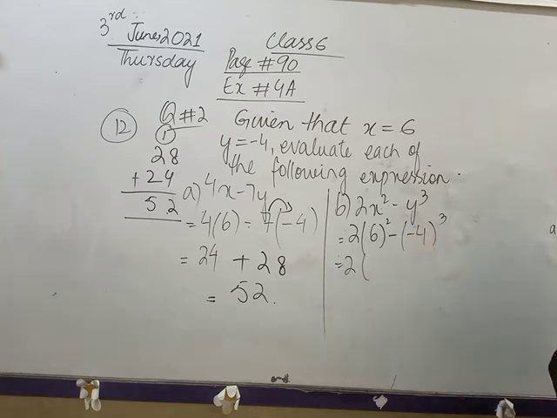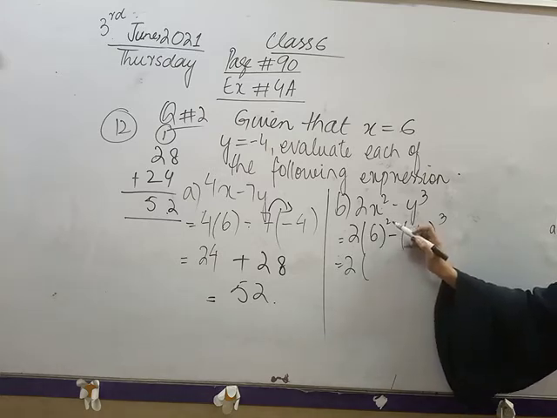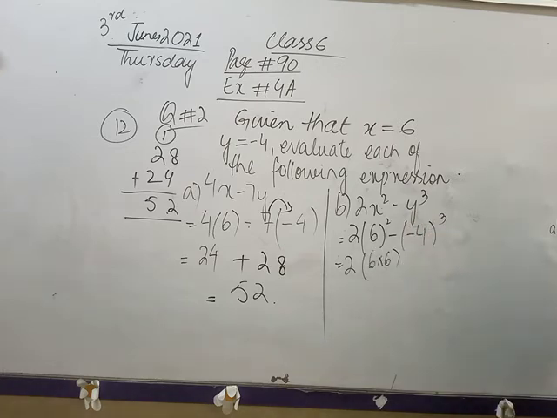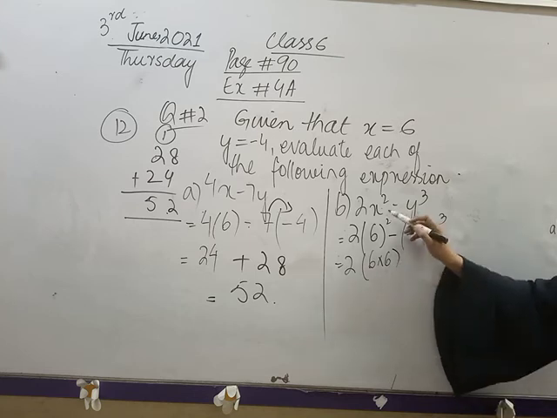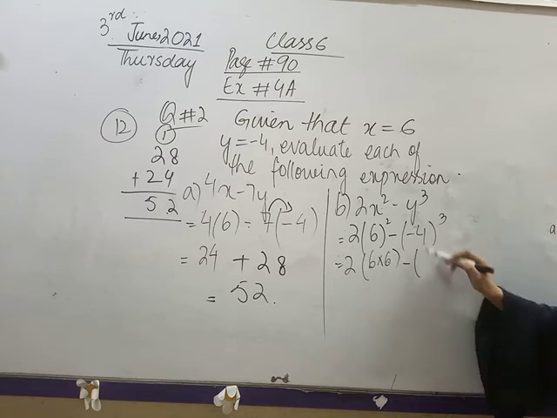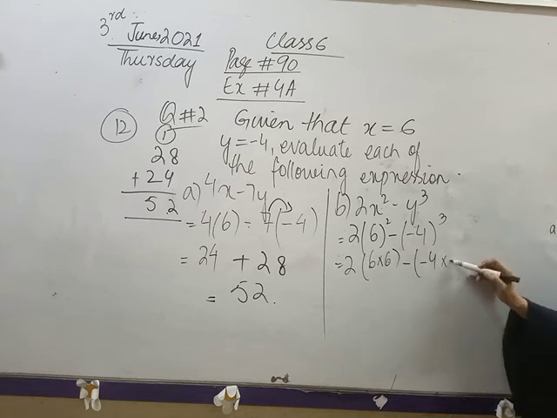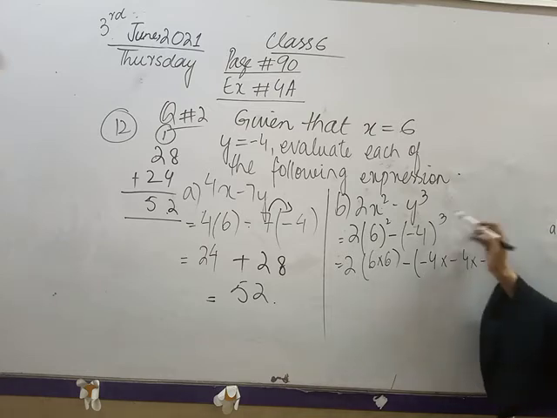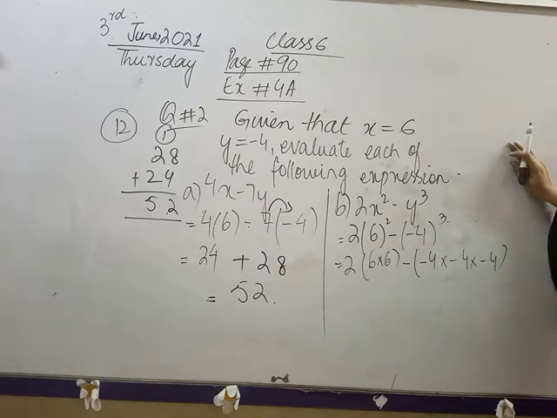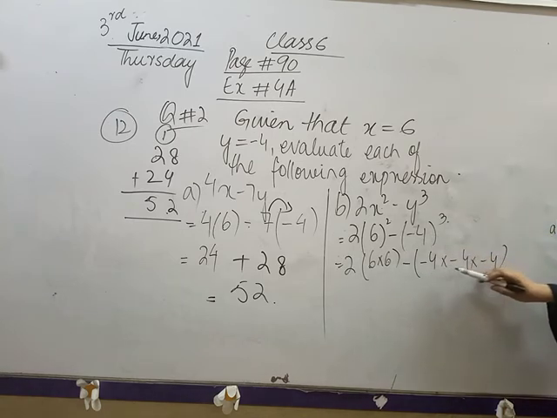So when we have, as I told you, when we have a number and we have a power also. अगर उसके ऊपर पावर होती है तो वो किसको इंडिकेट करते हैं? इस चीज को. The number is repeating that many times which is given in the power. ऐसे ही होगा. Minus, अब यहाँ पर ये वाला जो -4 है ये 3 टाइम्स मल्टीप्लाई होगा because we have 3 as a power. We have 3 as a power and we have -4 in the bracket. So ये किसको इंडिकेट करते हैं? Index notation of this is -4 and multiplication is involved in this.